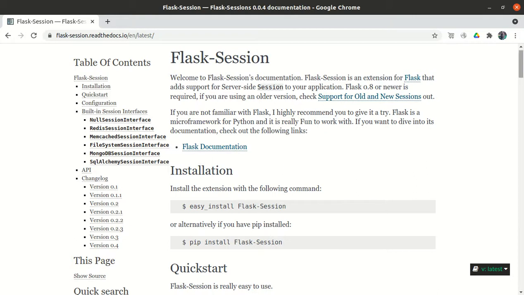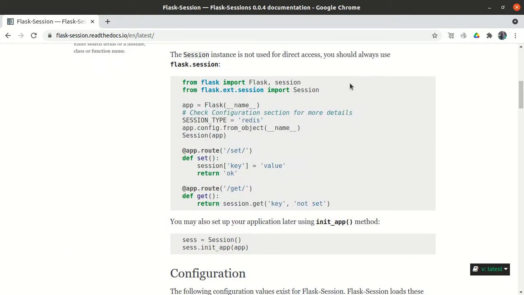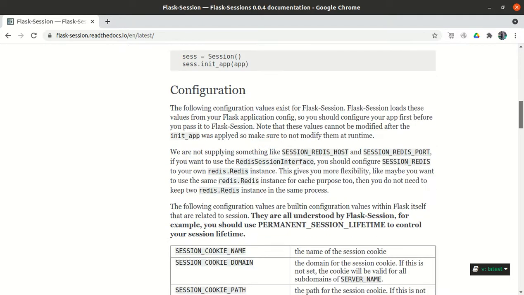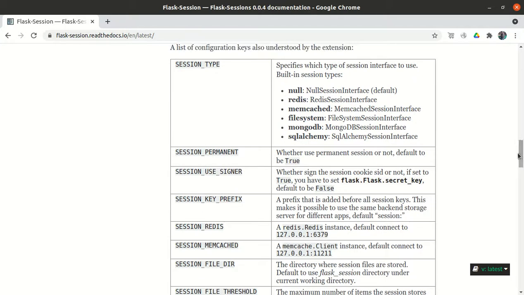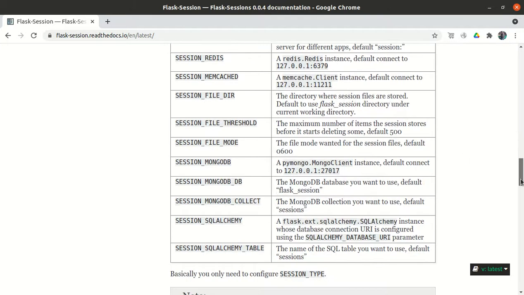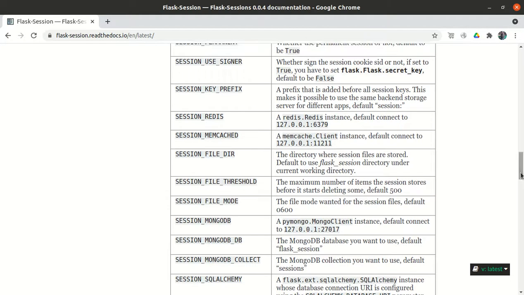First we install Flask-Session, then from flask_session import Session, and define some configuration: whether we need to store it in the file system or in MongoDB or SQLAlchemy, any database, and based on that we provide some extra information.